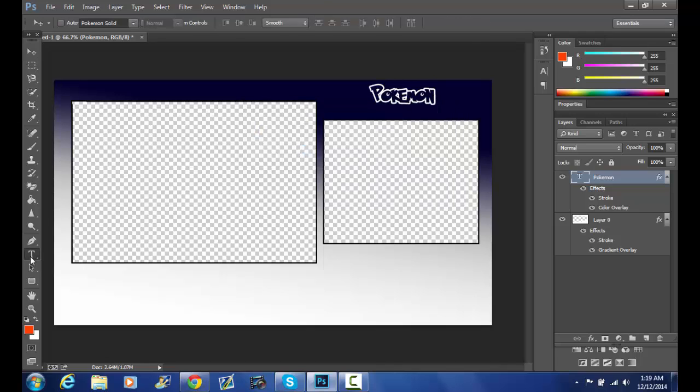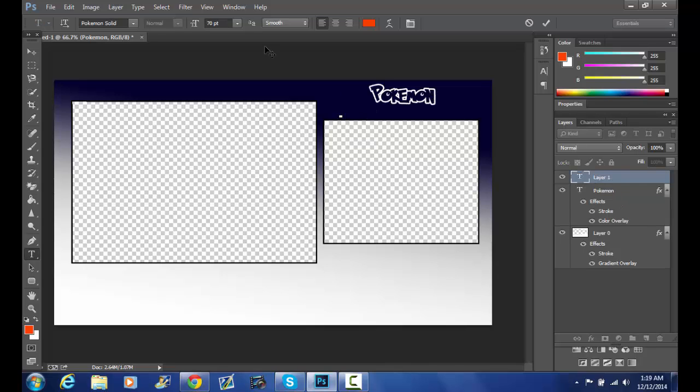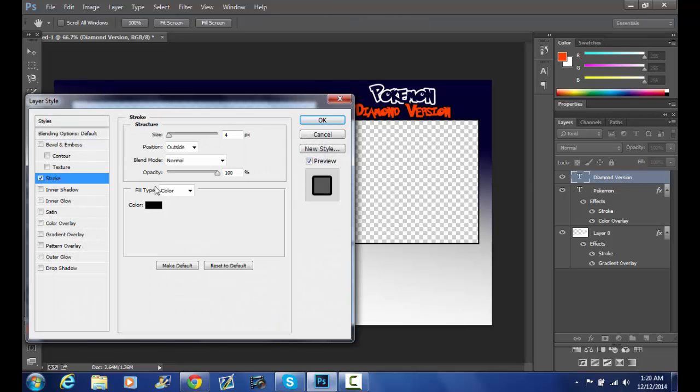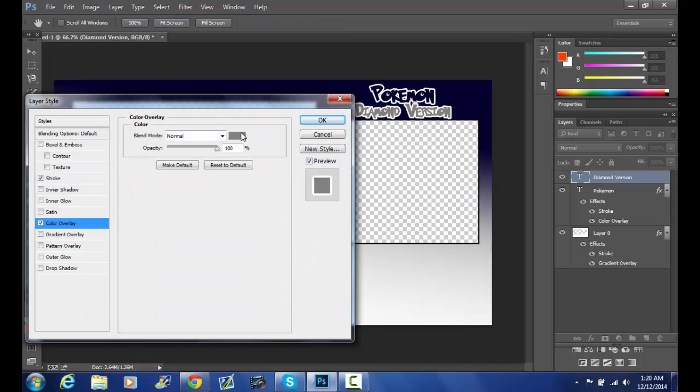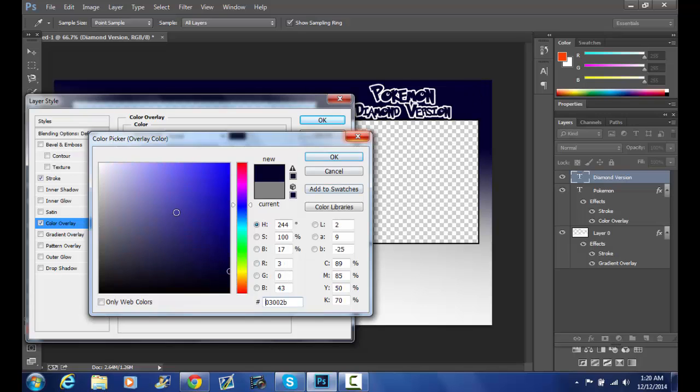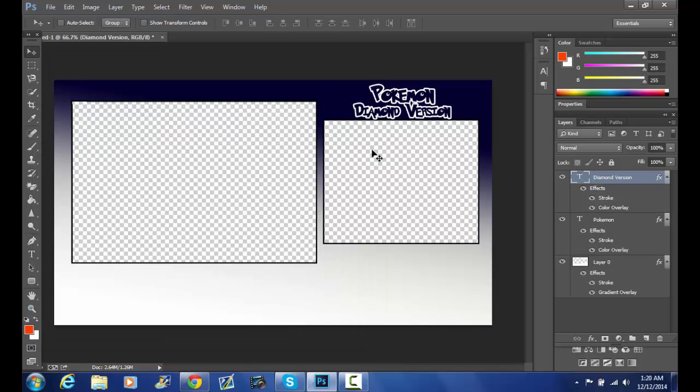So, Pokemon. And then... Ooh, that's a little big. That is a little big. Let's go to 40. Diamond version. Alrighty, and we'll do the same thing. We'll give it a white stroke. And color overlay. That's another fun thing you can do. You can just go to other colors that are already on the layout, and then it'll just